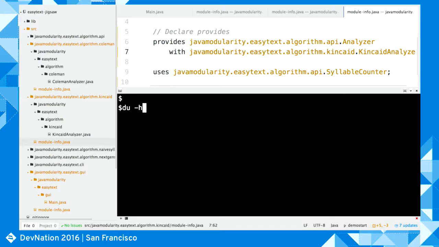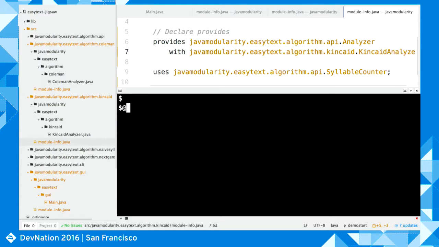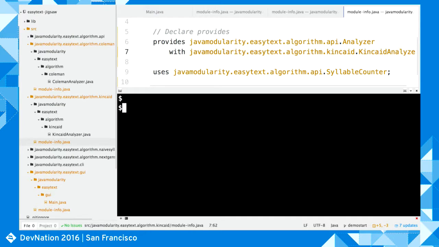Looking at the size of this image, it's 28 megs, which is still fairly sizable for a command line application, but it's far smaller than the whole JDK to run just this application. Now, if we do the same for the GUI, in this case, it's working for a bit longer because it has to do more work, because we're using those two JavaFX modules from the JDK.